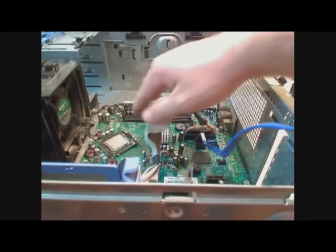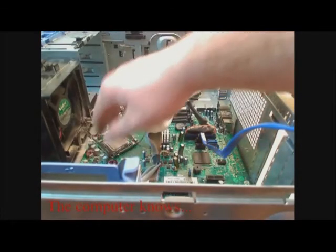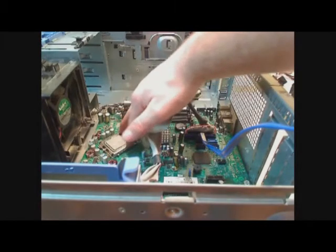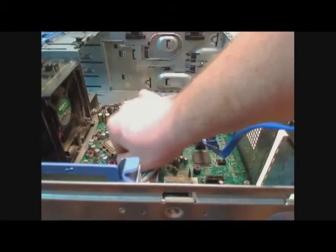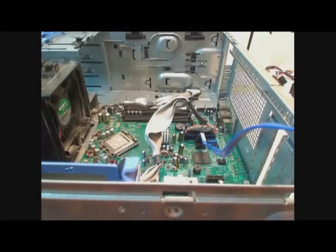With the processor in the proper place, make sure you have it the right way. It should just pop in there. It doesn't really clamp or anything, but it should feel fairly solid in there. Once you've done so, you can pull this little clamp down on it, and that mounts it in place. It mounts fairly firmly, so you might have to use a slight bit of force to get it in there. At this point,